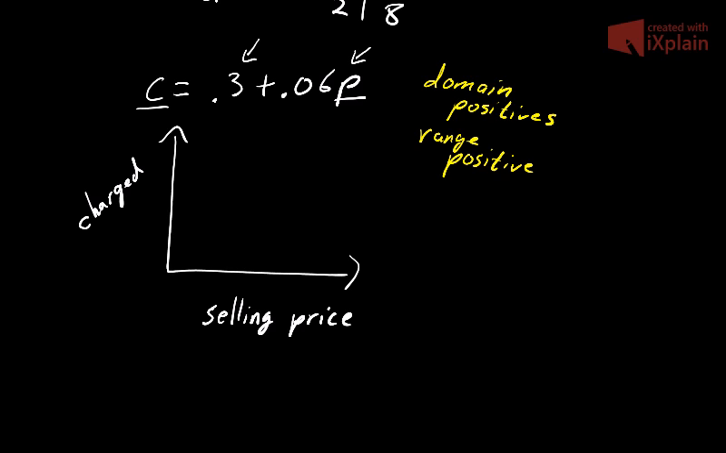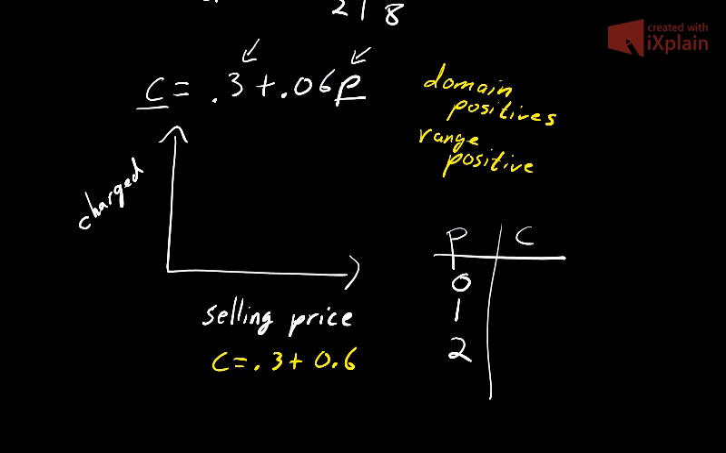So if I'm looking at this, first thing I want to do is to make my table of inputs and outputs. So my input is P, my output is C. Make a quick table, use my little numbers because they're my favorites. And now I'm going to plug these in. So I plug in 0 for P, I get C equals 0.3 plus 0.06 times 0, which is going to be C equals 0.3 plus 0, or C equals 0.3. So right here I have 0.3,